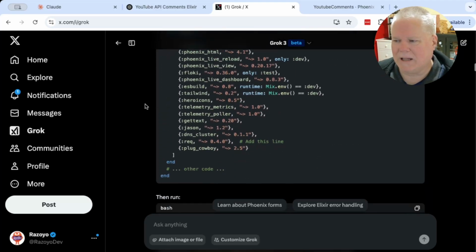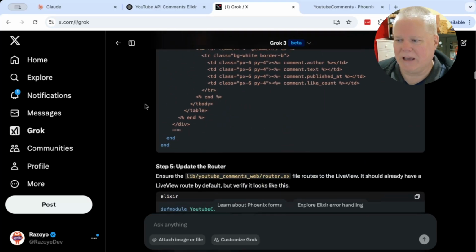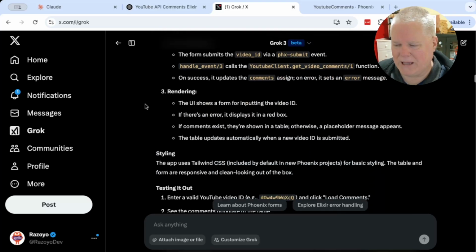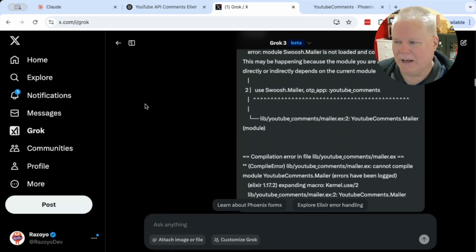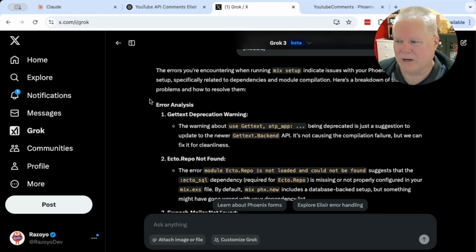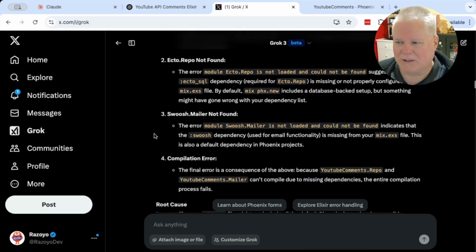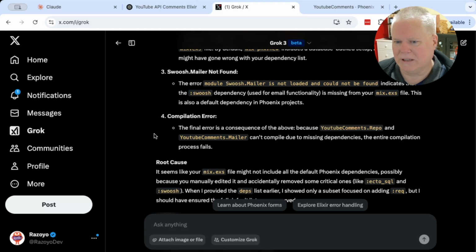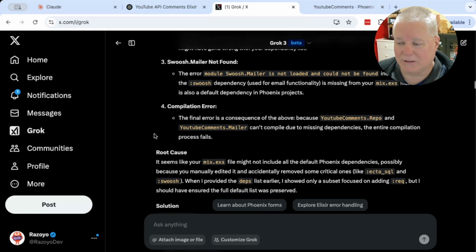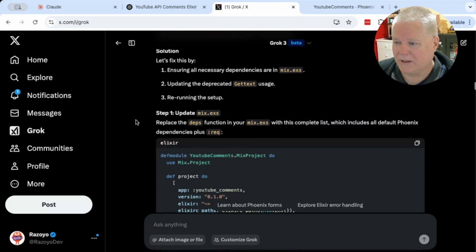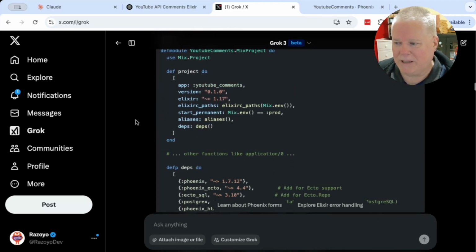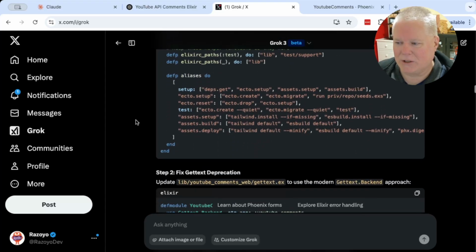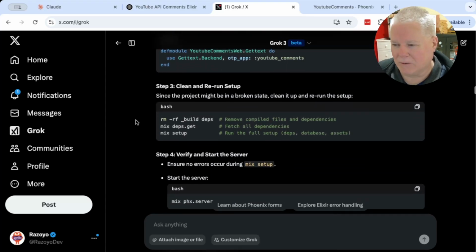So once I got into the application, it gave me all the cut and paste, and then I'd report an error like this one, and I just copied and pasted the trace in there, and it would do an analysis of the error, which Claude also did. ChatGPT claimed it was doing an analysis of the error, but it did nothing. And then it would have me check some files and make sure everything was correct.